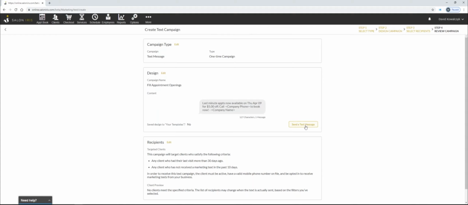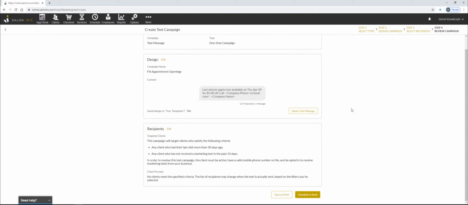And then from there, I can of course send a test message, just like you can with the email. You can punch in your phone number and get this message sent to you at a later date, so that you can make sure that this is exactly what you wanted. Now, in addition to this, all I have from here is schedule to send. And what it's going to do is automatically schedule that to go out.